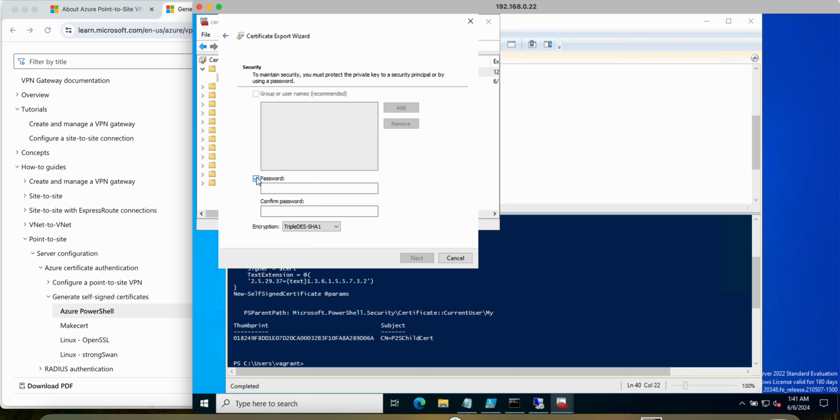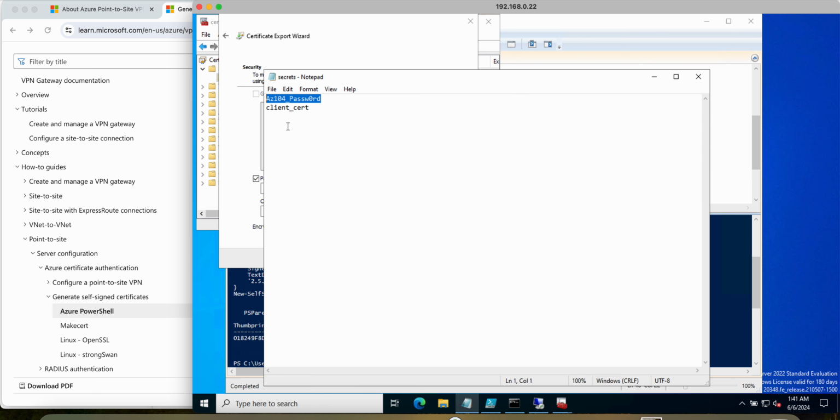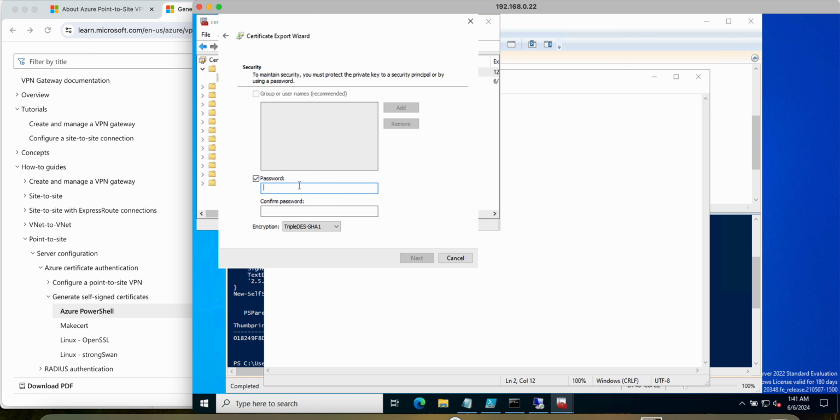Nobody can use it except the one who has created and exported this certificate. I already have my password here. Let's take this one, copy, come back, paste,